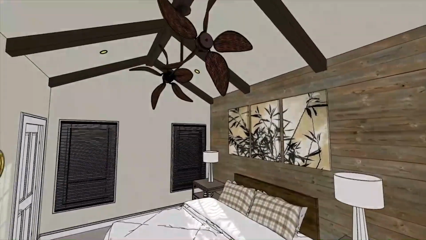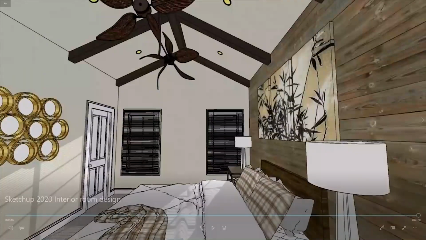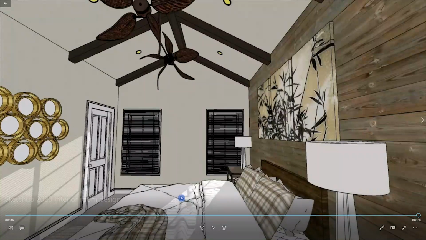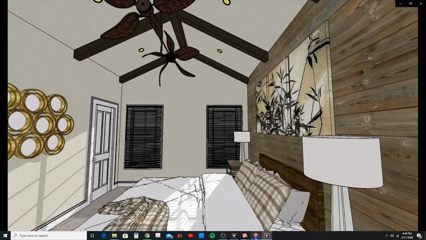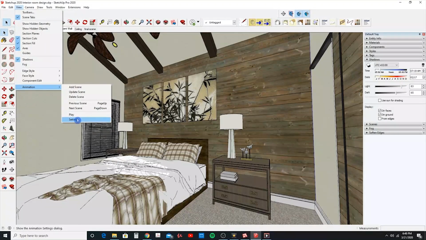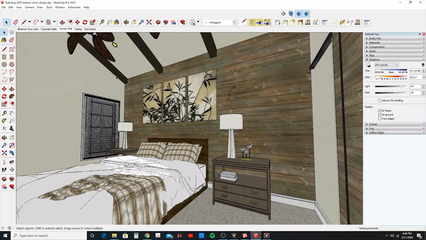So to fix that, I would just go back into those animation settings and change the amount of time in each scene transition. I believe this was at 4 seconds, so to adjust that, I would need to change it to a different amount. I'll just go to View, Animation, Settings, and here I would just increase this amount so that it would move a little slower in between scenes and just have a smoother